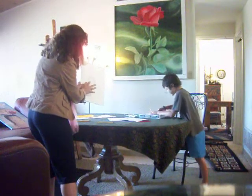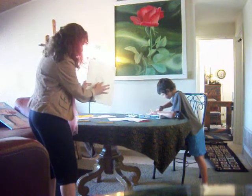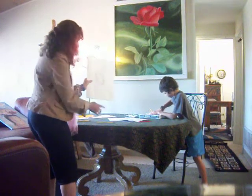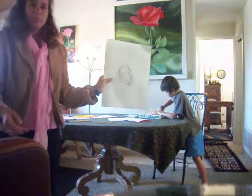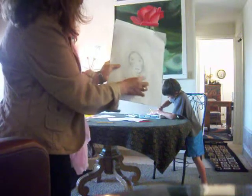So don't do it like scribbles. Now you go in a small circular motion with your finger and add some shading. You see how it got nice and light and fuzzy? Now you can see how the cheeks are a little darker, and that's a nice way to add some shading